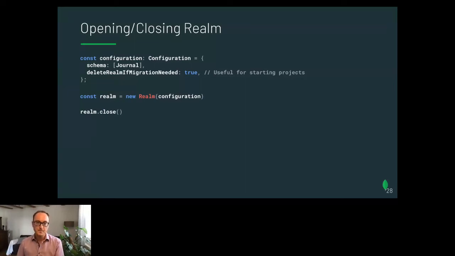So I'm going to show you some tips on how to keep that open and closed using hooks in a second. Another thing that's pretty useful, though, is this: when you're getting started with defining your schema definitions and getting started with your app, it's pretty useful to put this delete Realm migration needed to